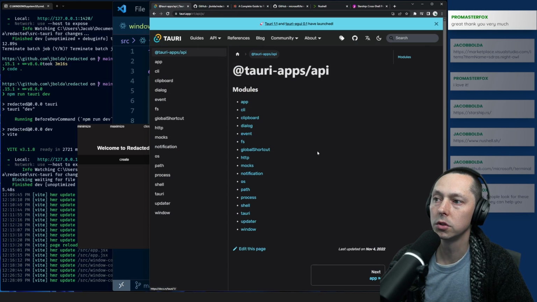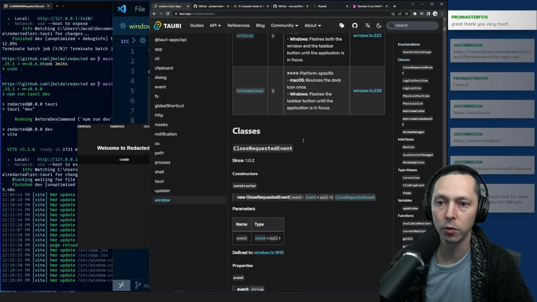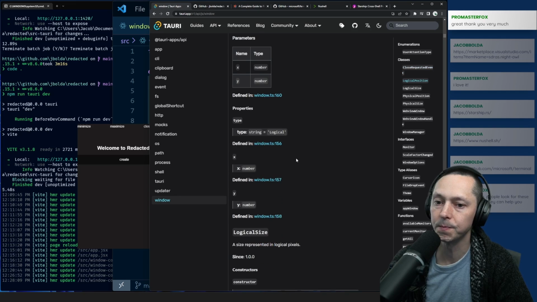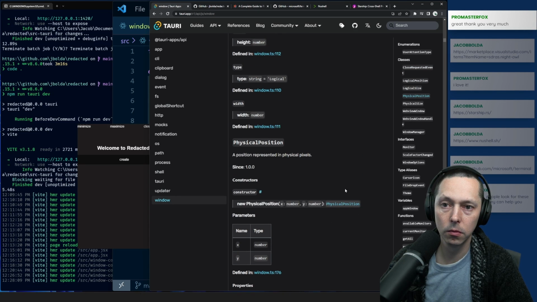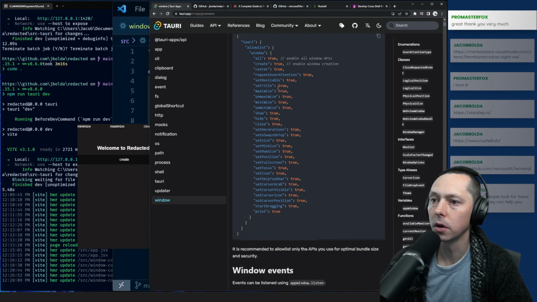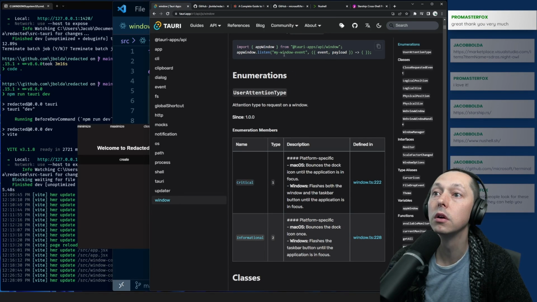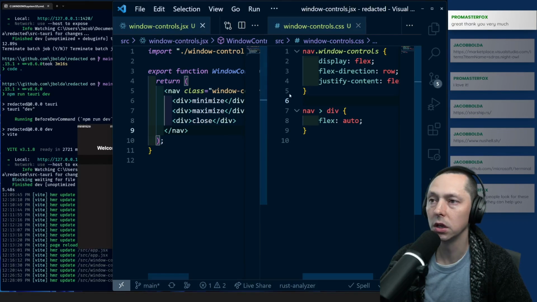I think we want to look at the JavaScript API, and we're specifically interested in the window functionality, which we have been working with the past couple streams. And I don't know if this is actually going to end up helping us too much here. Because we need a